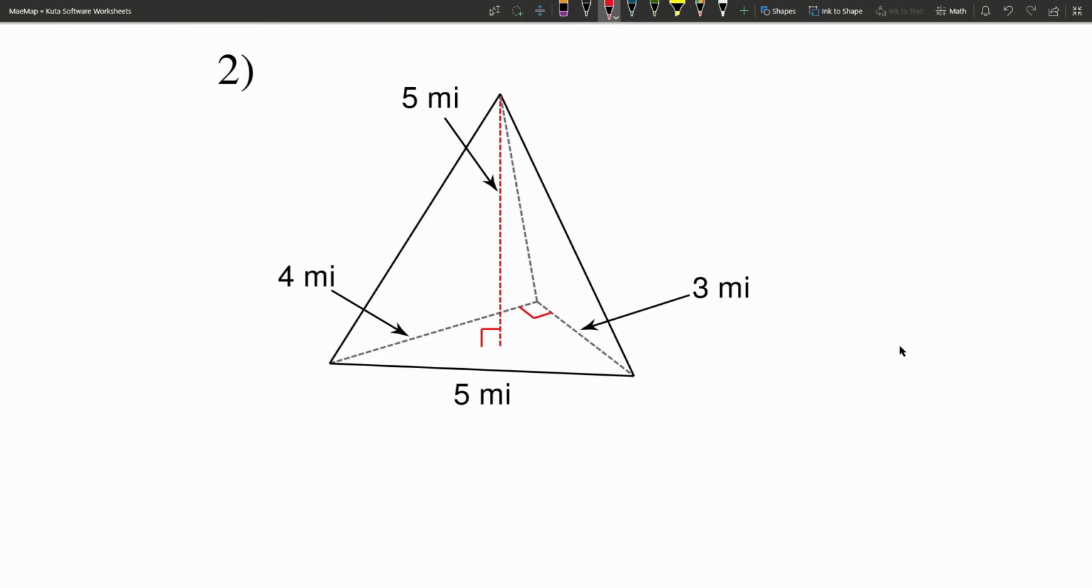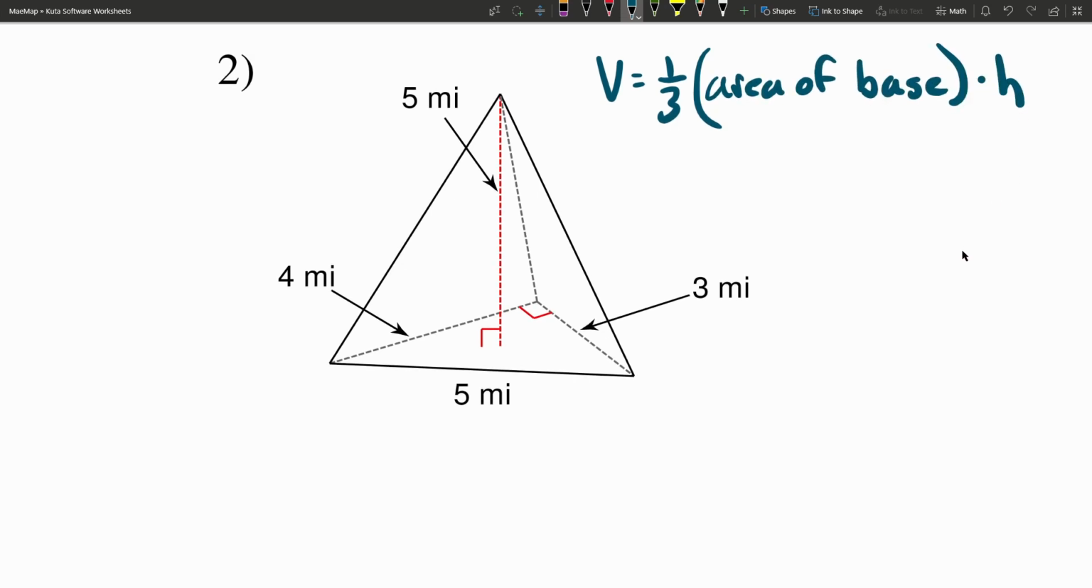Now in number 2, we don't have a prism because the bases are not the same. We have a triangular base here, but that's not replicated anywhere else in our figure. We have one single base, and then the other sides connect to form a pyramid. So if we're calculating the volume of a pyramid, we're going to use the pyramid formula, which the volume for a pyramid is 1/3 the area of the base